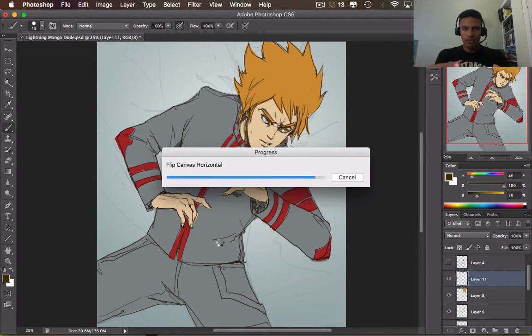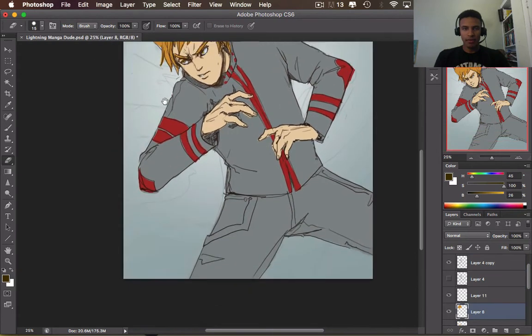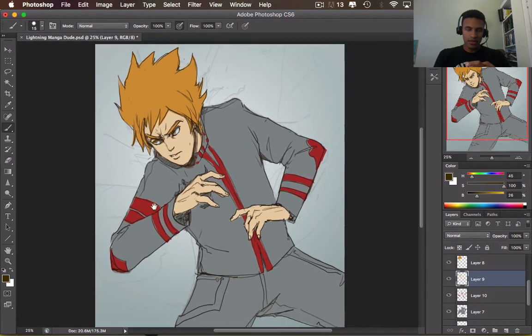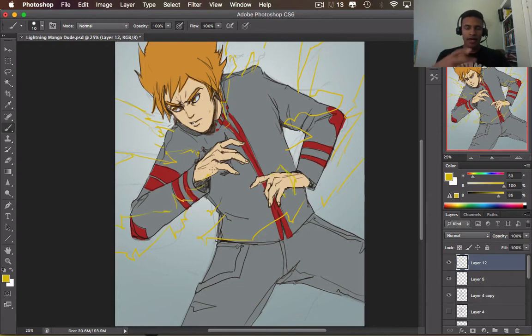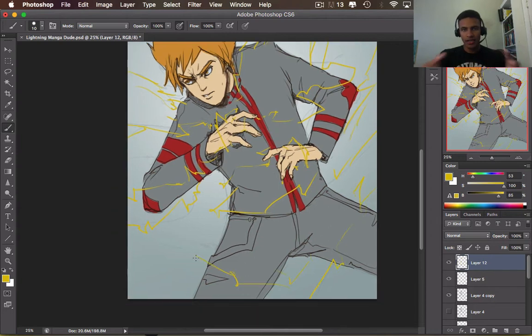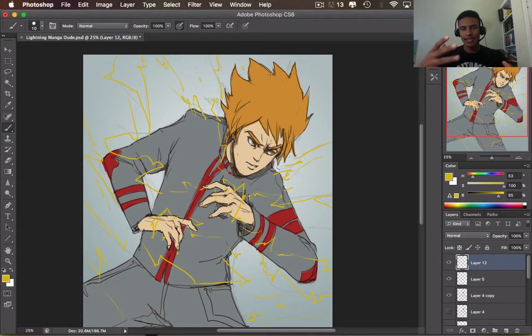So once I have all my colors filled in and I change the color of the lines just to give it a little more interest, so they're not pure black, then I start adding some shading and cleaning up what I have established already. And you can see there's already a lot more character to it outside of the sketch by adding these new elements of line and drawing in some crazy lightning energy around him that I was just sort of sketching in and zooming around randomly so you could feel like lightning-esque vibrations coming off of it,